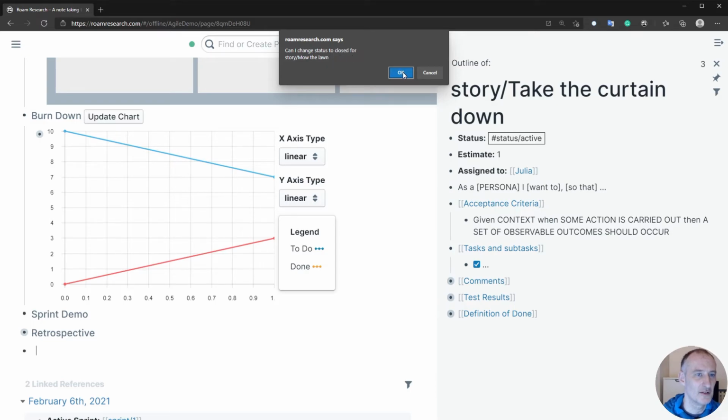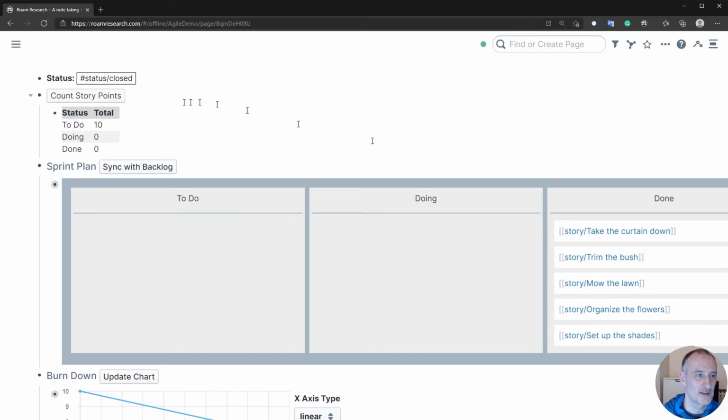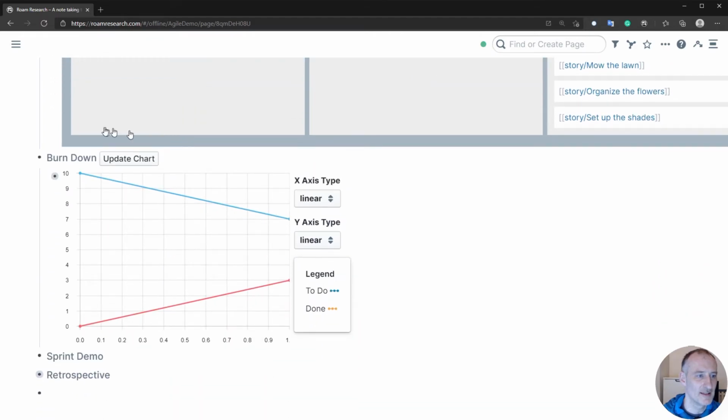So is the lawn ready? Yes. The bush is ready? Yes. The curtains are down? Yes. The shades are up, and the flowers are organized, so everything is done. Do I want to change the sprint to close? And if I say yes, then what happens is you can see that the status of this story changed to closed, but as well, of course, the status of this sprint changed to closed,